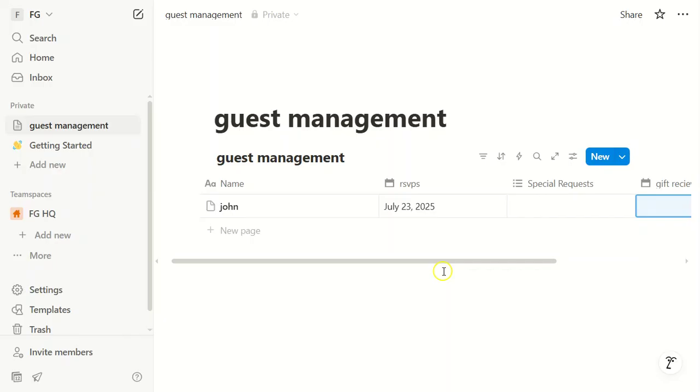Finally, don't forget to regularly back up your Notion page. You don't want to lose any important updates or changes. And that's it. You've just set up a system to manage your wedding guests using Notion. It's easy,